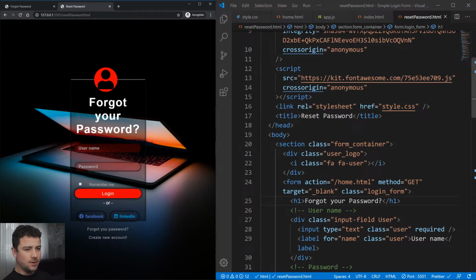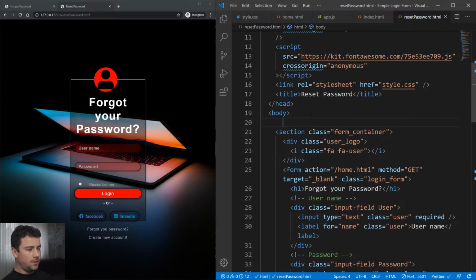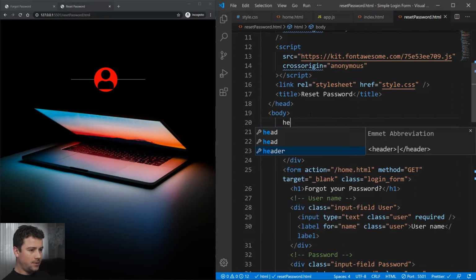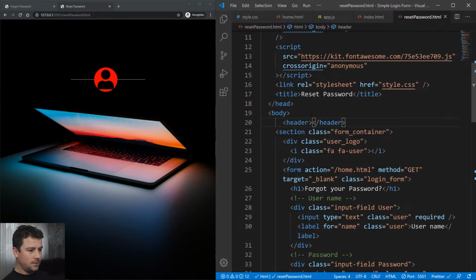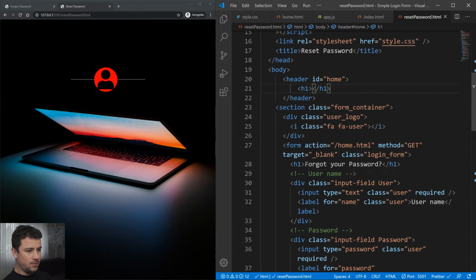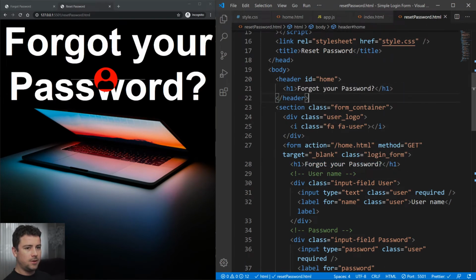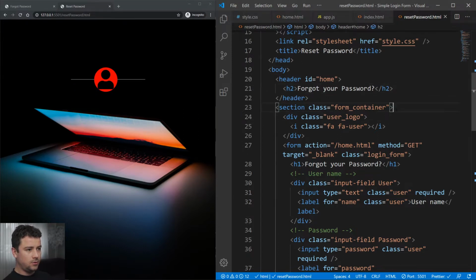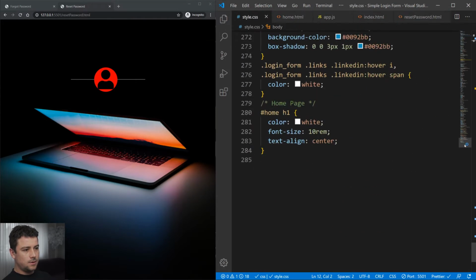forgot your password. Okay, and now within our body I'll insert here a header tag and give this an ID of home, and within our header tag I'll just type in h1, and actually here we will type in this forgot your password. Let me just copy this first of all, type it within here. This is extremely large, so let's change it to an h2,